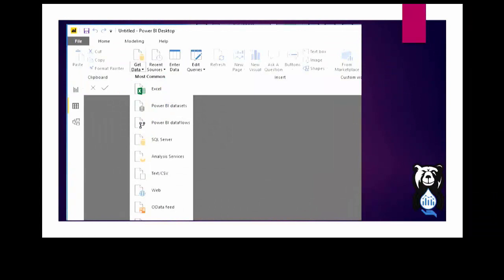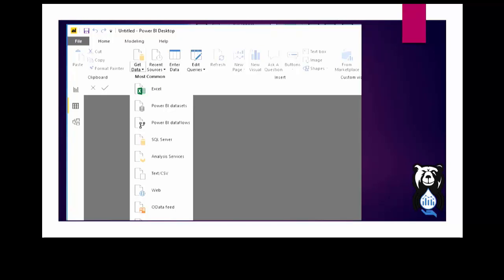So with Power BI, how many of you have ever used Excel? Power BI is a platform that's built on Excel. It's a Microsoft platform.